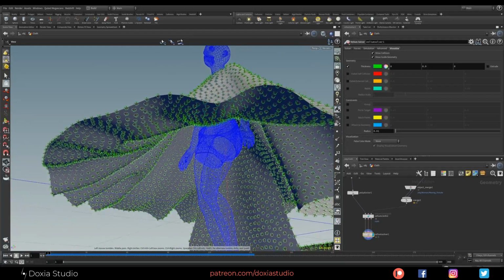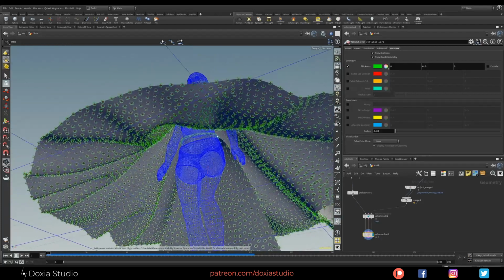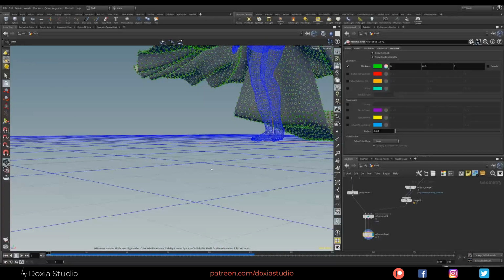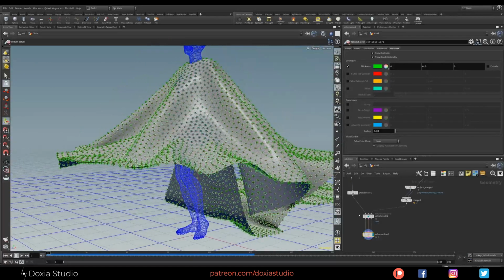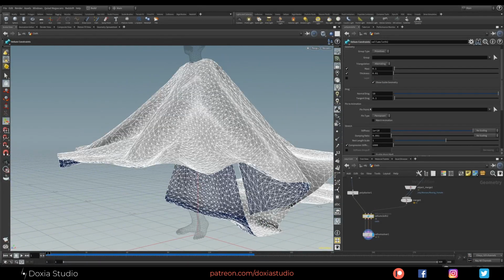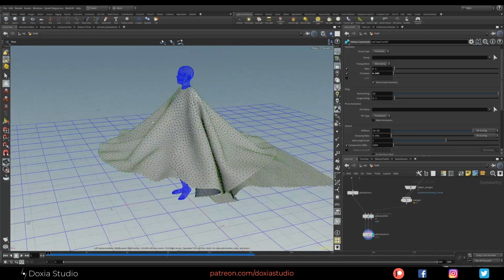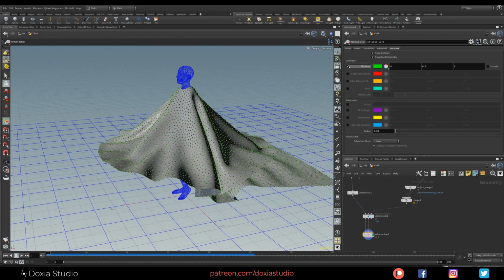I'm trying to show you the belt. You can see here on the belt they are really big. So let's fix this and go to our Vellum cloth and change the thickness to 0.005. Okay, they are smaller, they are better this way. Okay, so now let's uncheck this and press play.